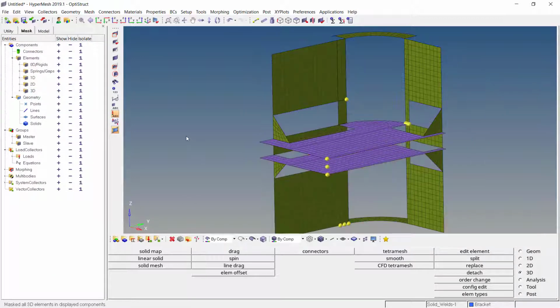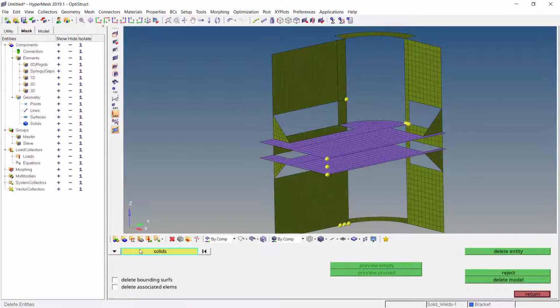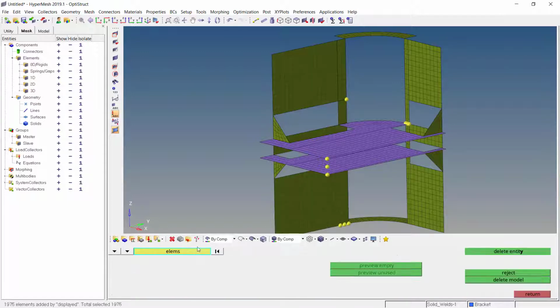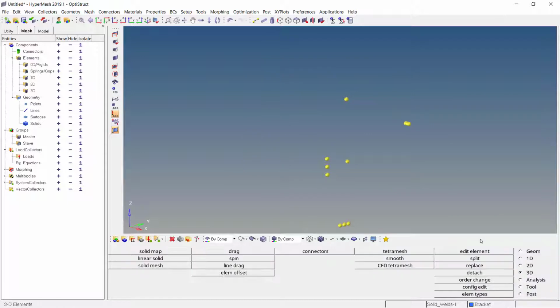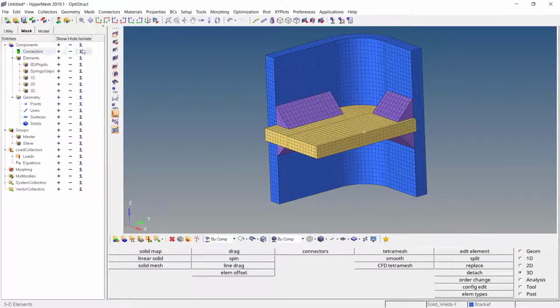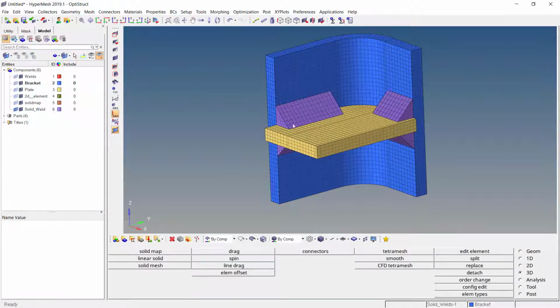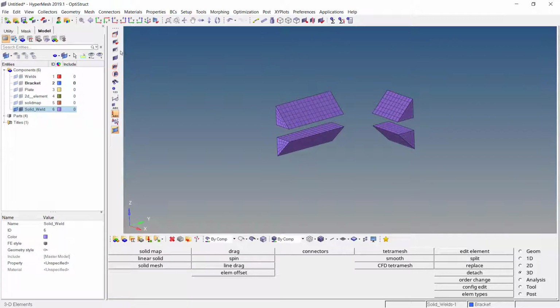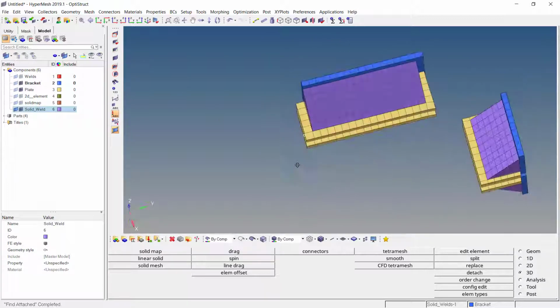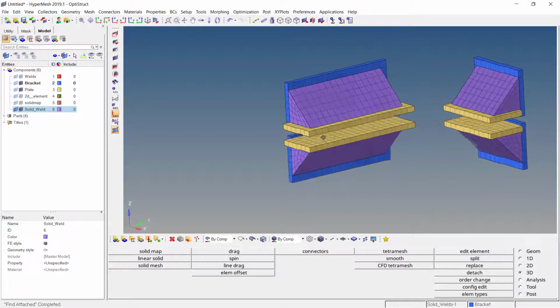Here I will hide the 3D element and this element I will simply delete because I don't require them now. Now again let us go for model, simply isolate this solid element and say unmask adjacent. So here as you can see only one particular layer is coming and which has to be like this only.